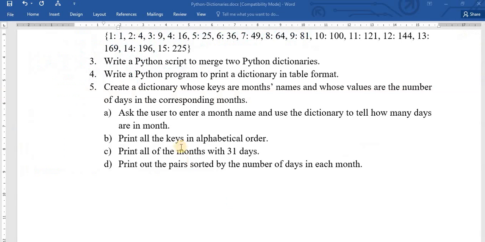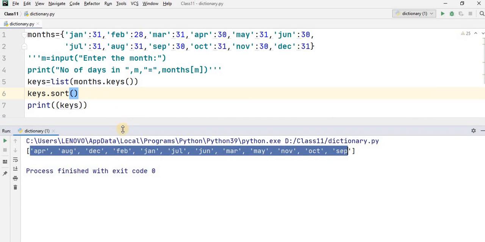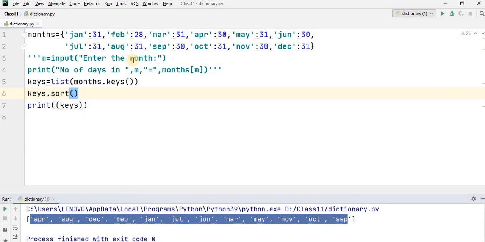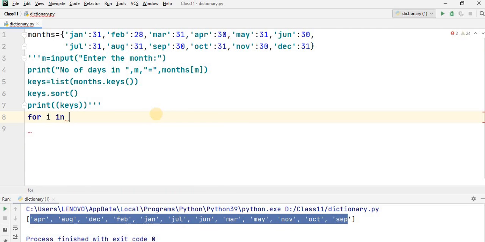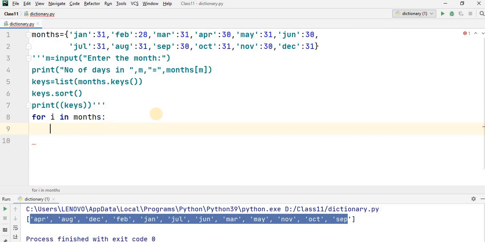Okay, the next problem is to print all of the months with 31 days. Check one by one using a for loop. If the value is equal to 31, then print the key. Otherwise, not. Let's see. I don't need this, so write down here comments. So which for loop? For i in months. How can we check if